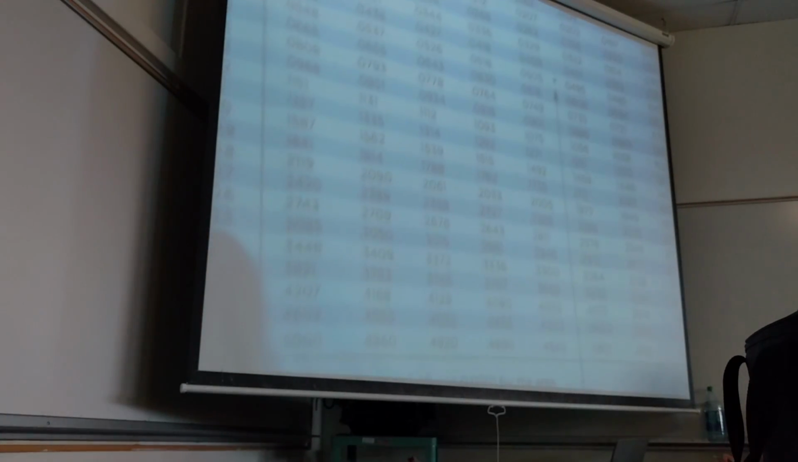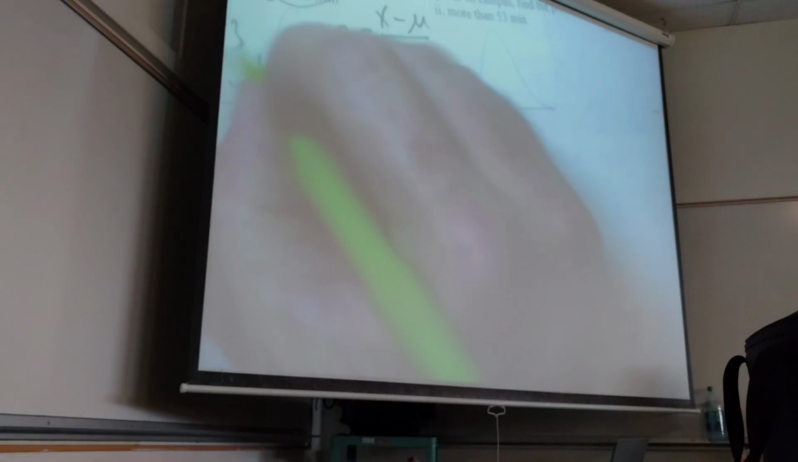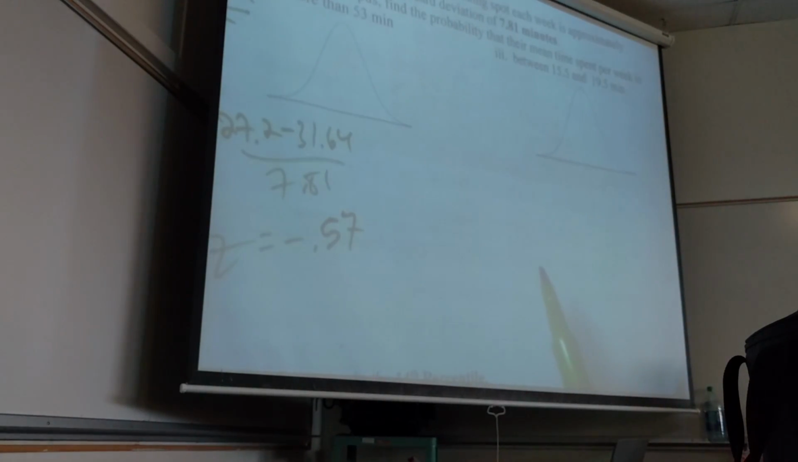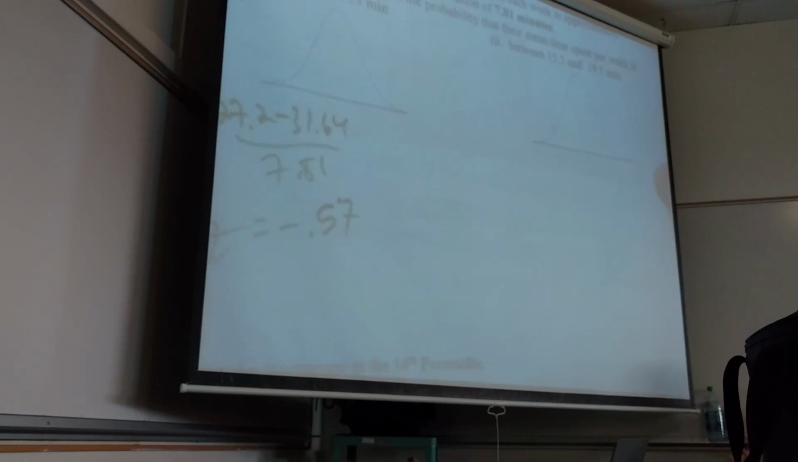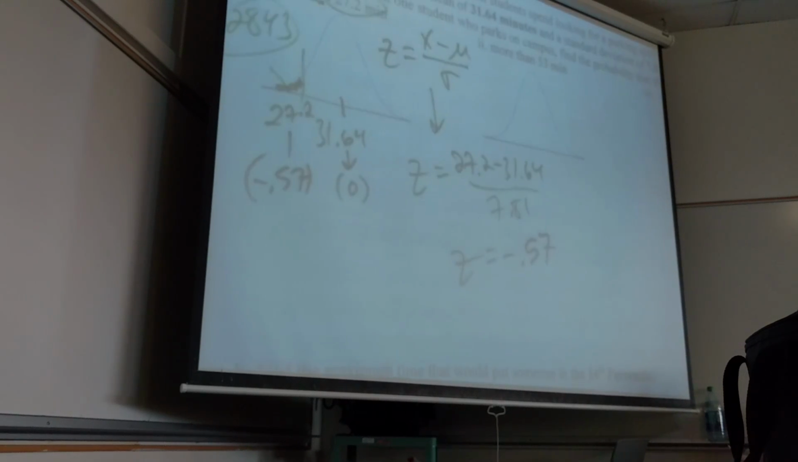Negative 0.57 looks to be 0.2843. Alright. I'll tell you what, finish up the rest of these on your own. We'll get back into this next time. Okay, so for this one, you're marking wrong because I didn't do my work, but it's